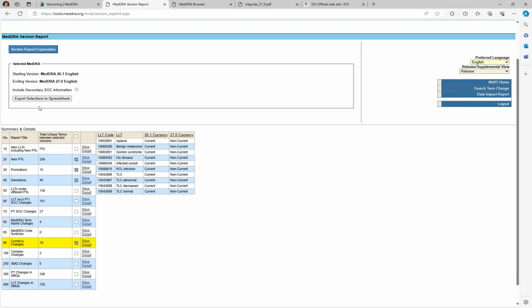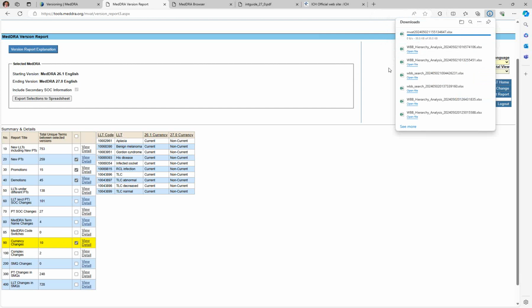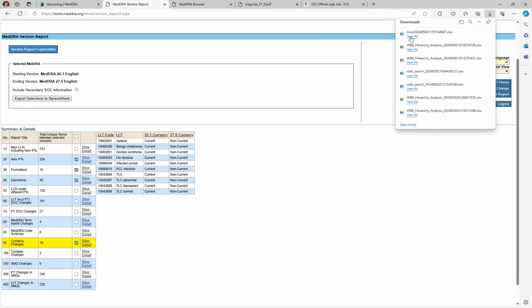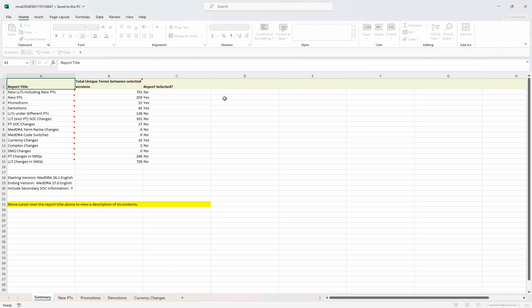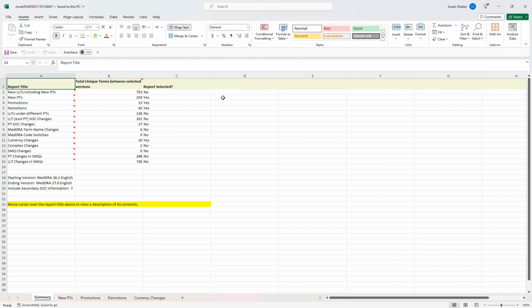So let's say I'm interested in these 4. I can go up to here and say, export my selection to a spreadsheet. And it's going to come out in an Excel format. If you open it up in my Excel, I can save it, I can share it, I can edit it, I can discuss it with